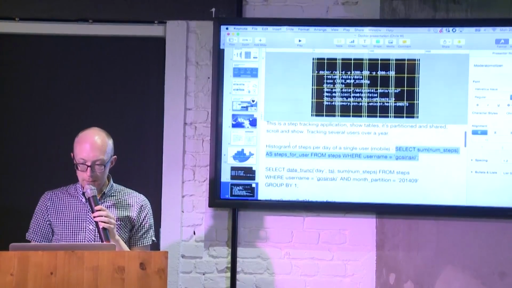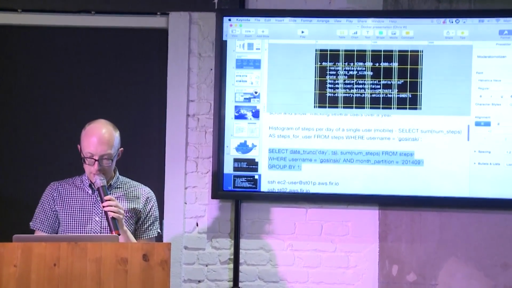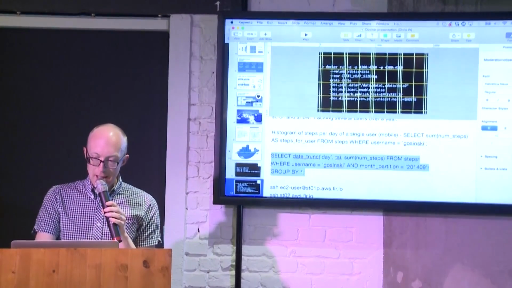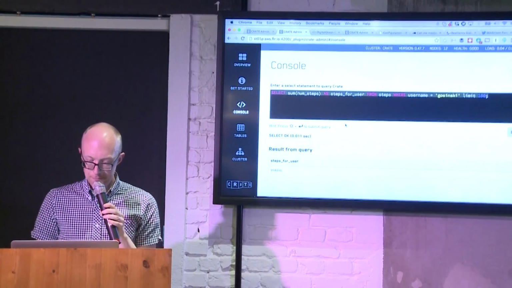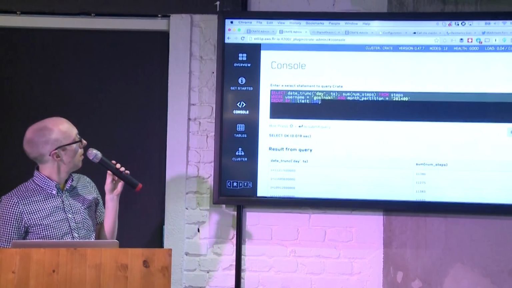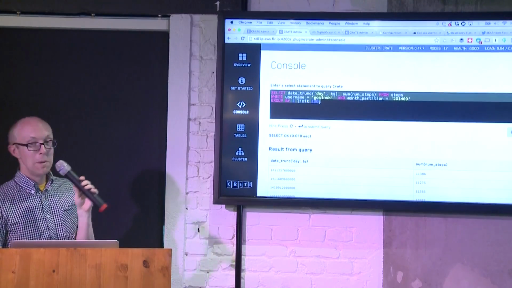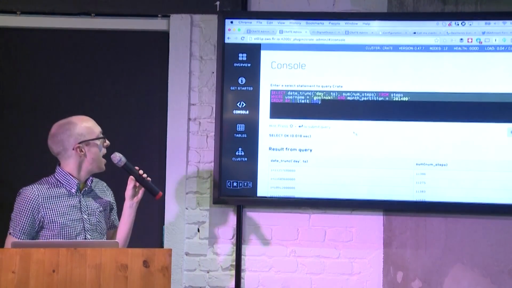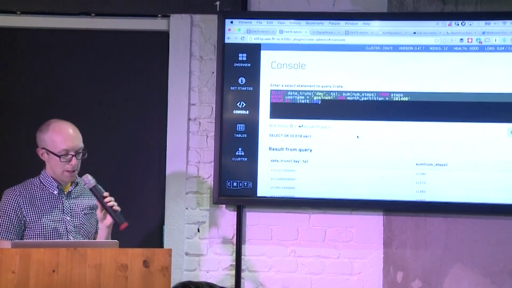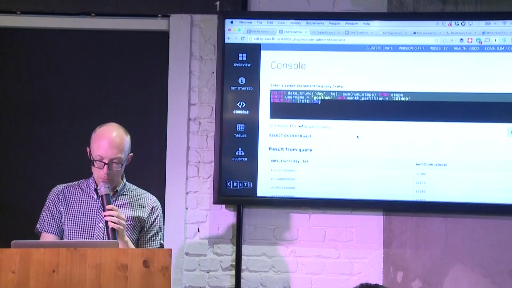Let's try something else. This is the number of steps they've taken each day in a month. Took a little bit longer. Took an extra 7 milliseconds, I think, yes. But there we go, we can see our data set there. Okay, very well and good. We're proving that it's reasonably speedy, but what else is there?